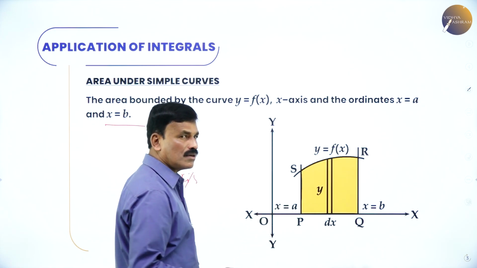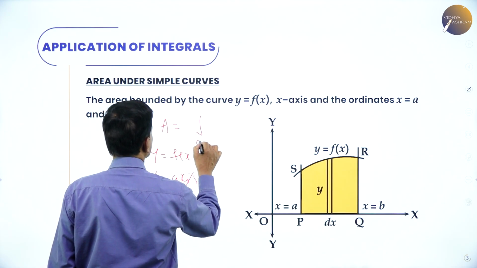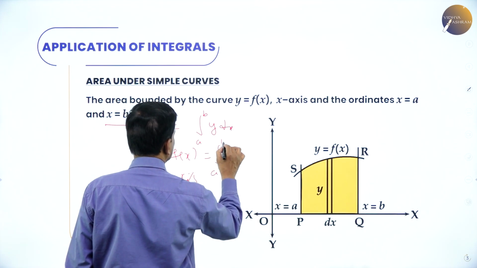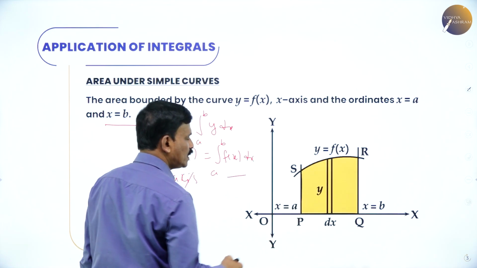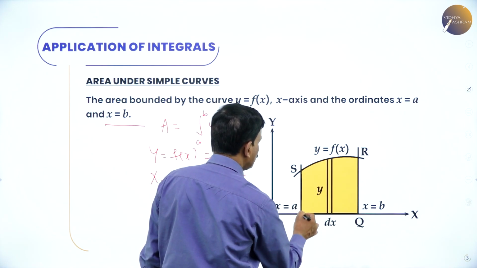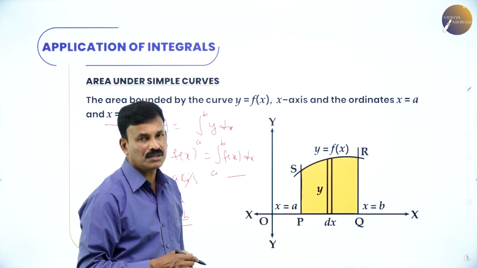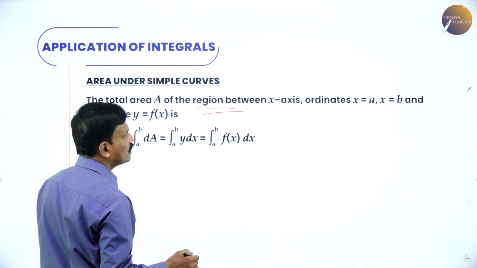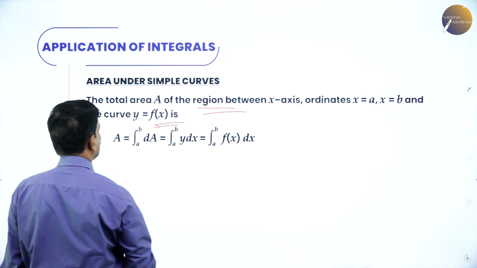So the area enclosed by this curve is given by the area is equal to integral a to b y dx, that is nothing but integral a to b, what is y? y is nothing but f of x dx. So if we integrate this function y is equal to f of x between the limits x is equal to a and x is equal to b, that will give the area of the curve. That's it. So that is the total area of the region between the x-axis and the ordinates x is equal to a and x is equal to b for the curve y is equal to f of x is given